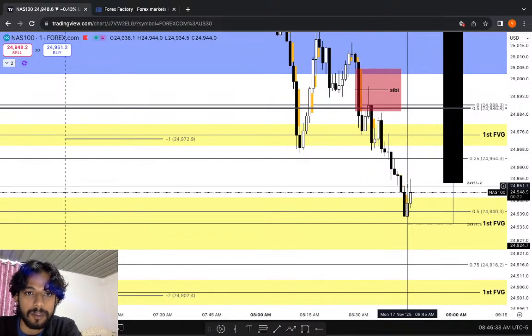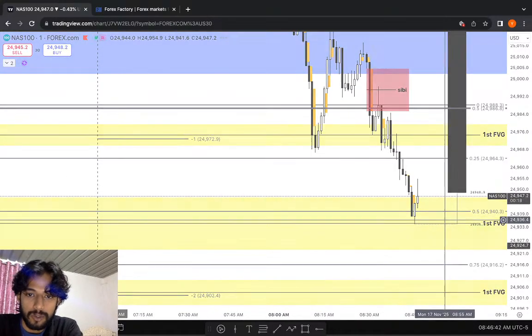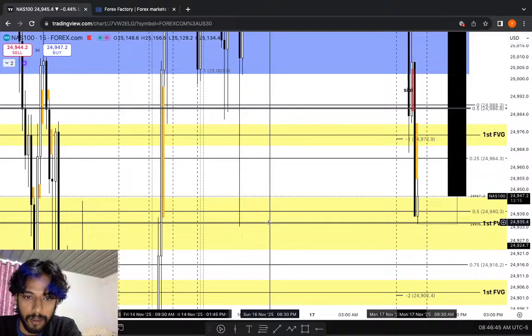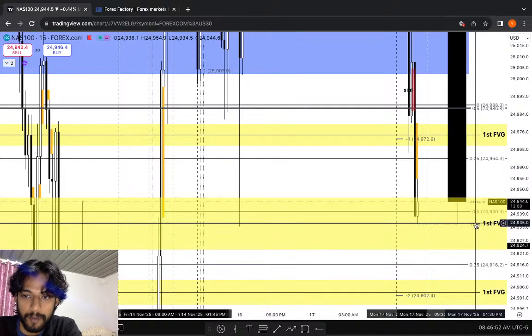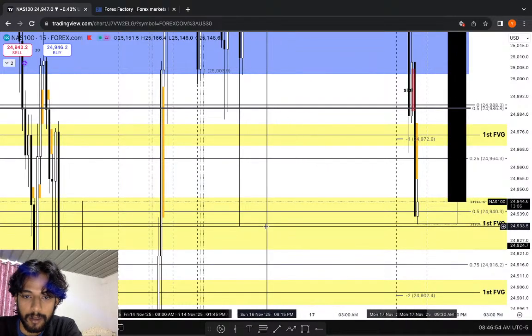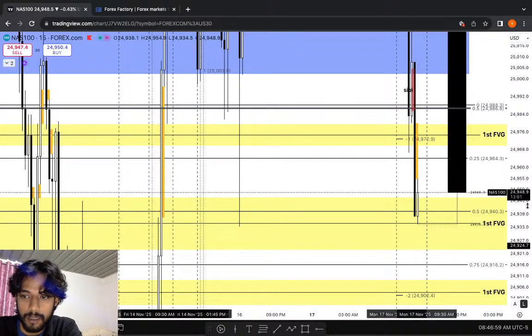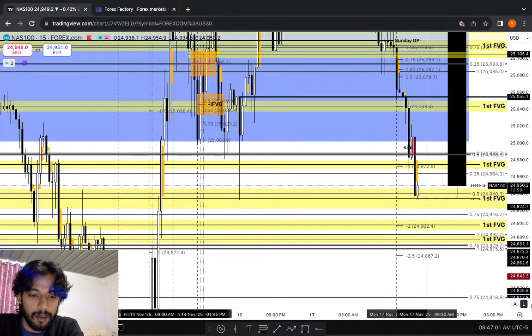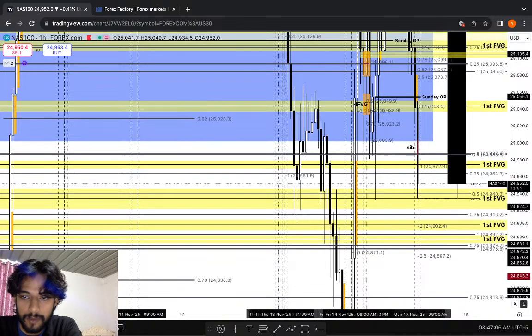Okay, so now the low is 934. We came very close to it, just right there. Tapped the midpoint of this presented fair value gap. Let's see if we can break this low right there and try to move around this area. Let's check the 1 hour time frame. We have this buy side imbalance, sell side inefficiency. Price is currently trading inside that.